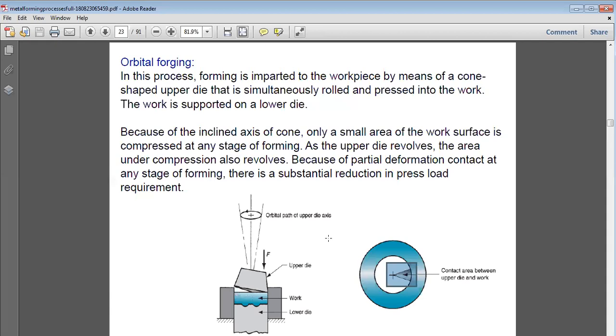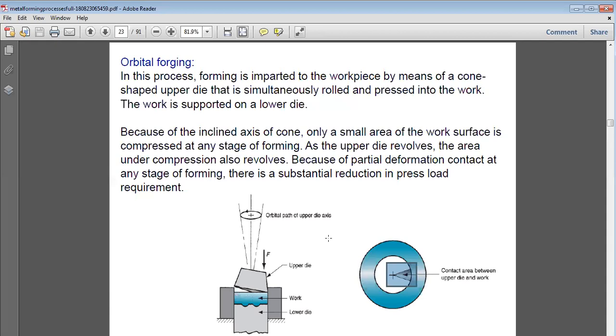As the die rotates all around, in previous cases all of the load was applied to the workpiece at the same time. But in this case, the same amount of load is not applied on the workpiece at the same time.